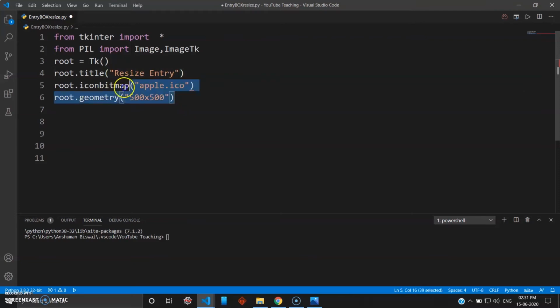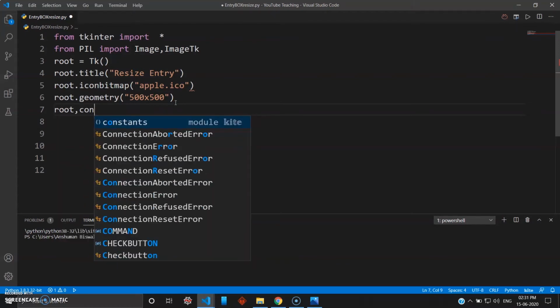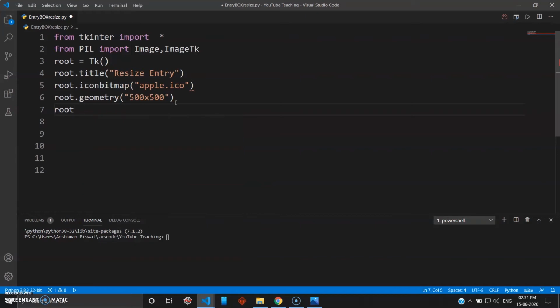Again, the first 6 lines are the same basically. And then for that gray color you have seen, you can just go root.configure, and inside that you can give background as the parameter. Now this background parameter will take some color, we can give gray, the light color, and that is it. Now your background for the widget will become gray in color.